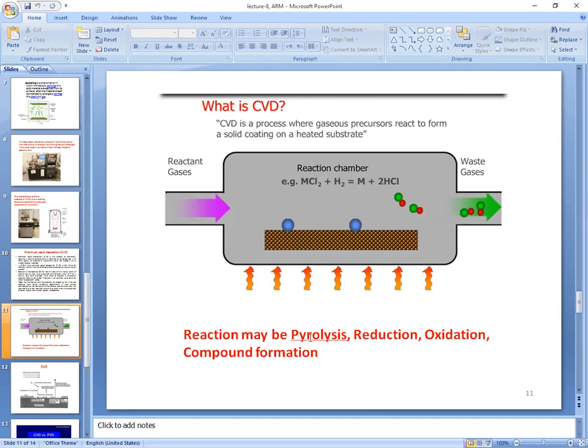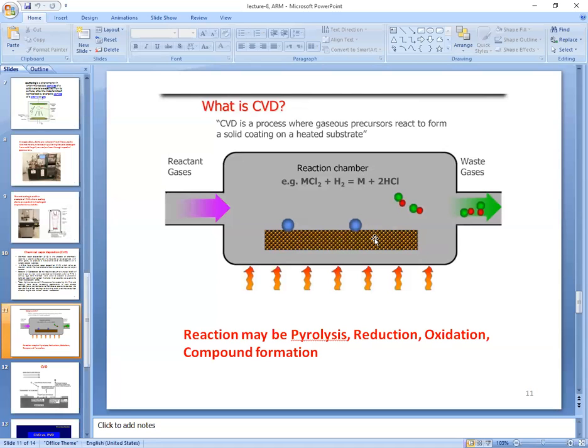You know, the pyrolysis is the thermal decomposition of a material. Reduction means the hydrogenation. Oxidation means the oxidation process. And compound formation means when two ingredients combine to form a single compound. And these are the waste gases which are ejected from the chamber. So what is the difference in the PVD and CVD? In PVD, there is no reaction that takes place, and the atoms are deposited directly on a substrate. While in the CVD, a reaction takes place in a chamber, and then the compound is allowed to deposit